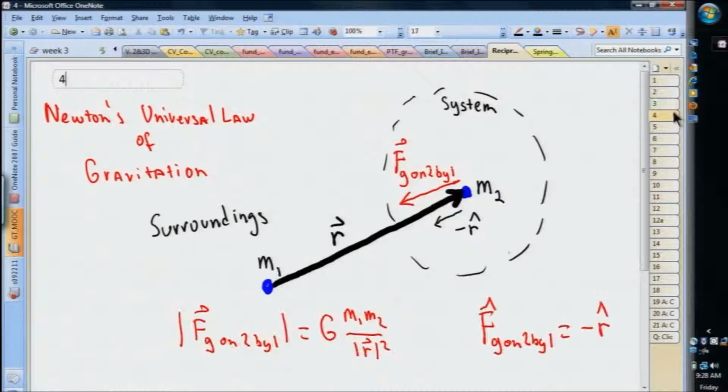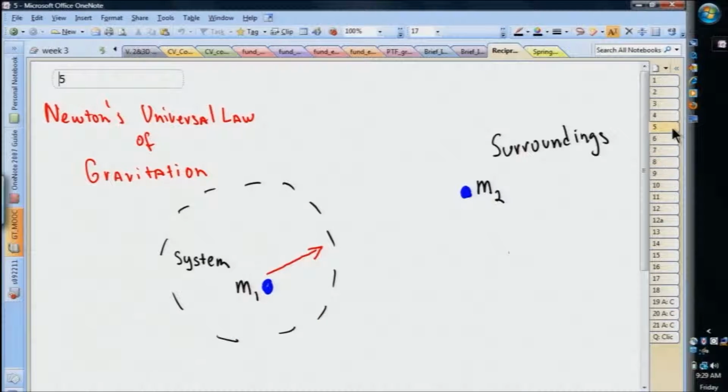Let's start with a specific example that we covered earlier. The gravitational force on our system, mass m2, due to an object, m1, in the surroundings. We discussed how Newton's gravitational law describes the force on m2 due to m1. Imagine now, however, that we made a different choice of system at the start. We're free to do that, as we're responsible for deciding what we're choosing as our system and what belongs in the surroundings. So, here, we could have chosen the mass m1 as our system, in which case mass m2 would